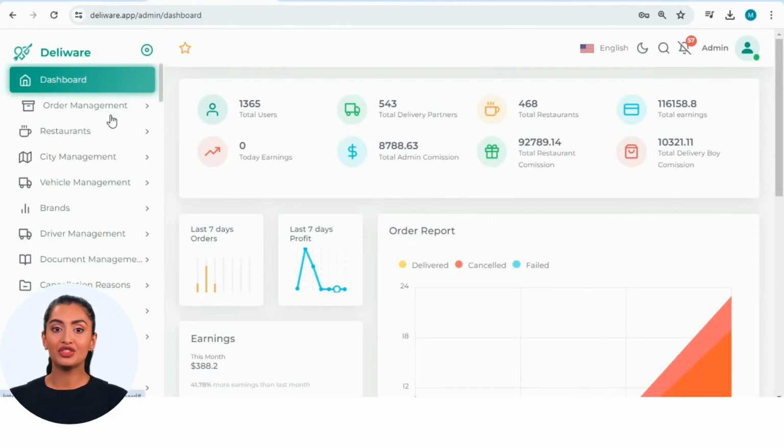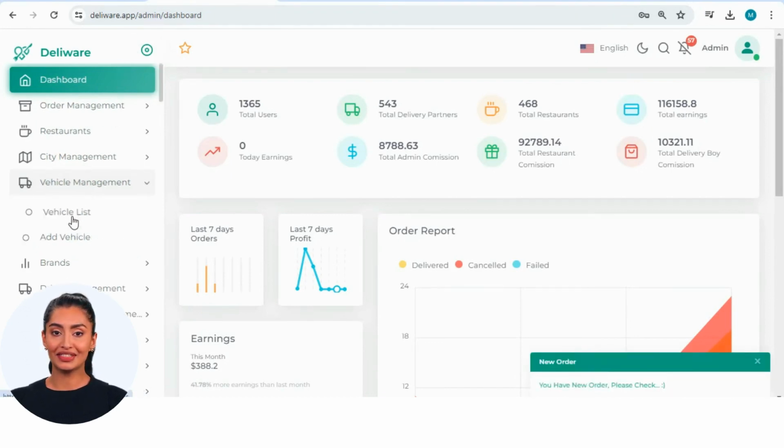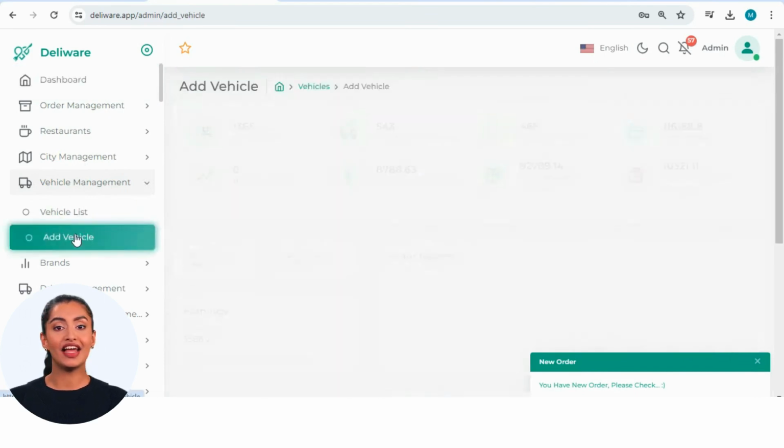Before adding driver, you should add the driver's vehicle. For that, click on the vehicle management and select add vehicle.